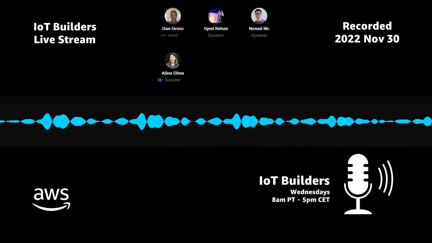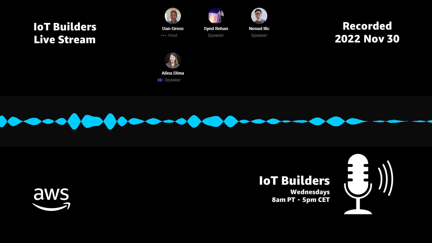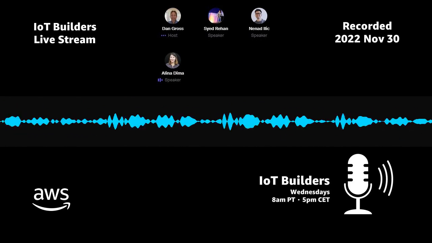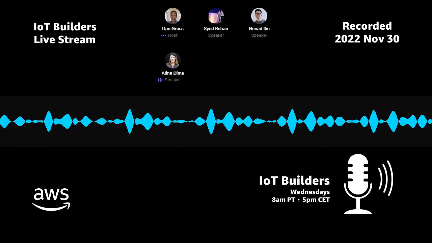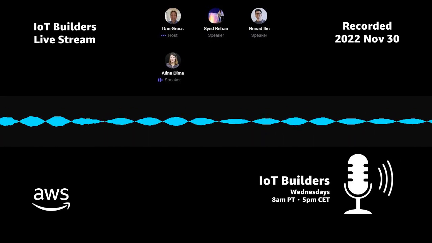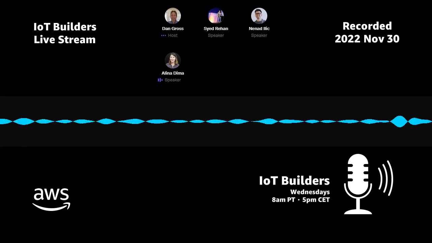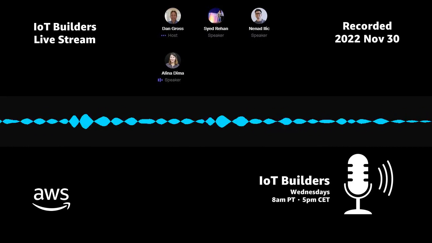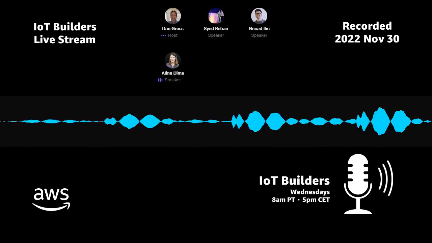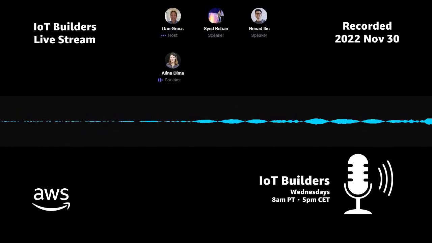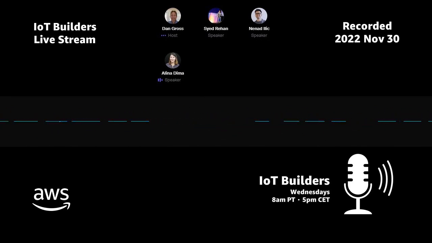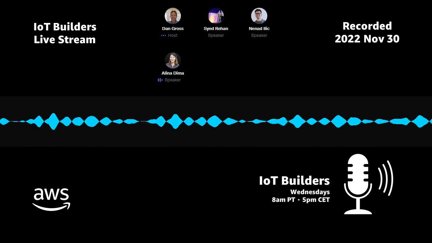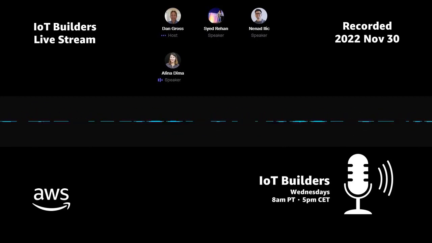So I think one of the two key features which I would also like to mention is we basically announced AWS IoT Core device location. It's a service which is easily integrated with Amazon Location Service. One of my customers based out of the Netherlands, PostNL, heavily uses location services, and they were very happy to see this AWS IoT Core device location integration, and utilize this in a real-life use case. So that was great.